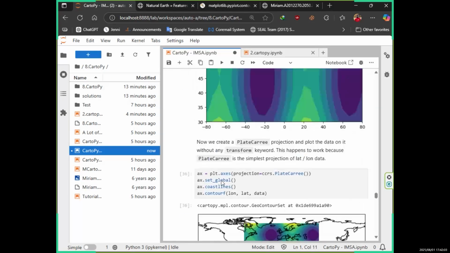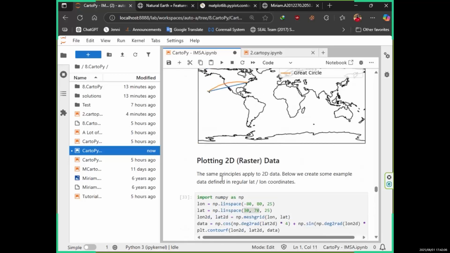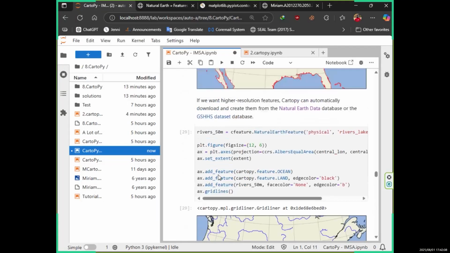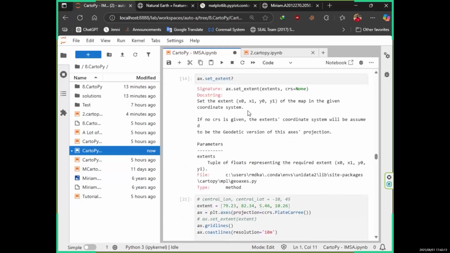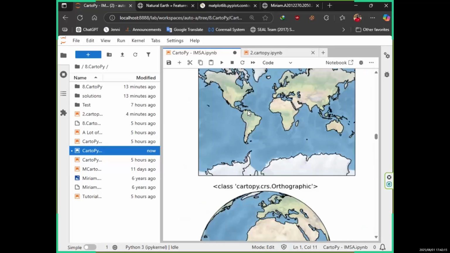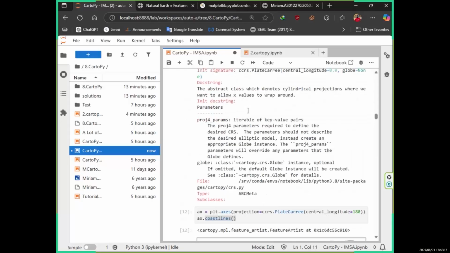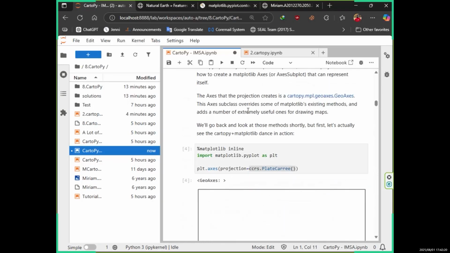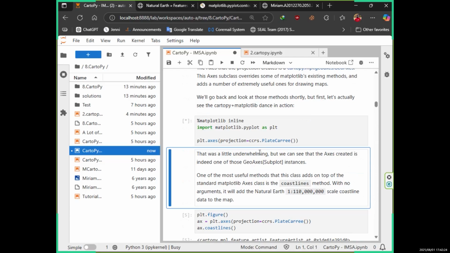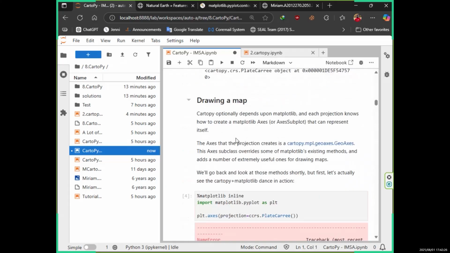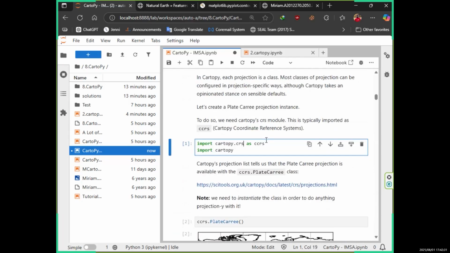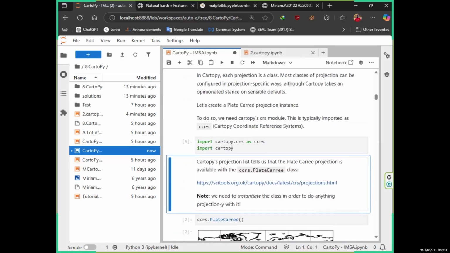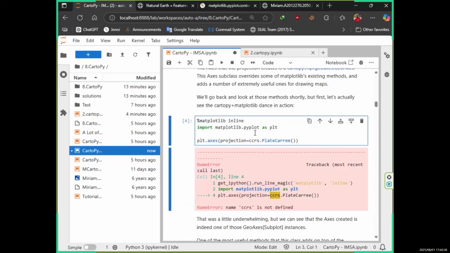So what I need to do is go up where I import matplotlib as PLT. So here I am importing this one. I can run this command and then go back over there. Now CCRS is not there because I didn't run this part of the script. So I will run that part and then run this one. So errors will